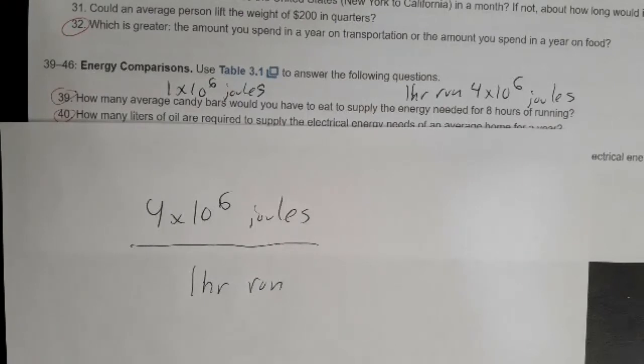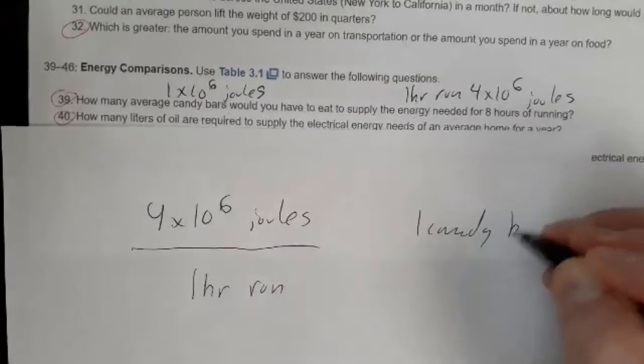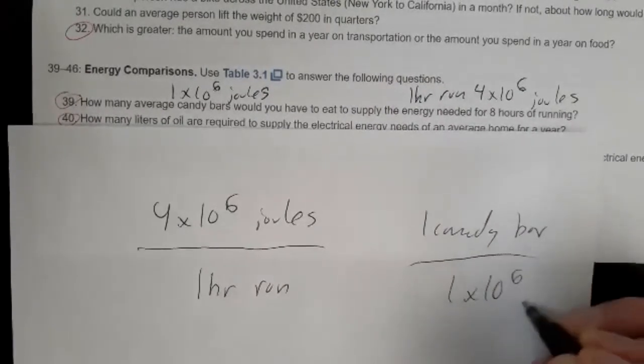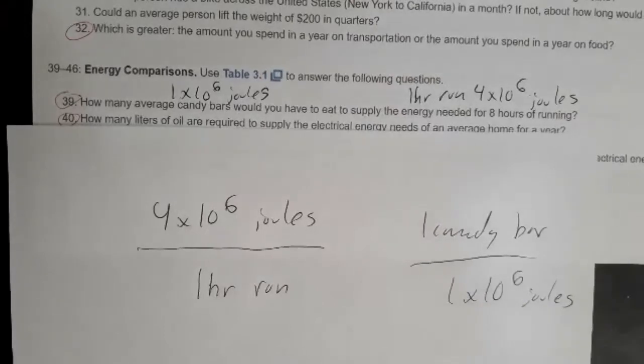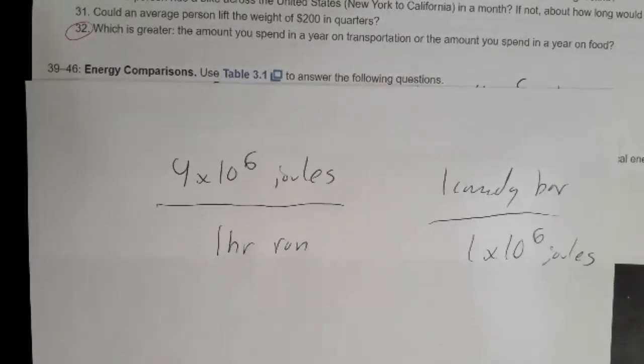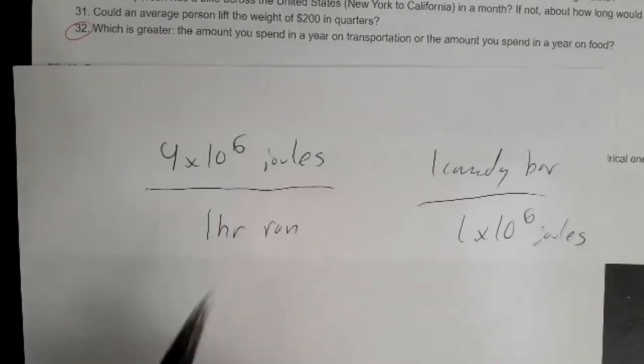And I know every 1 candy bar is 1 × 10⁶ joules. So if this is giving me 4 × 10⁶ joules for 1 hour run,